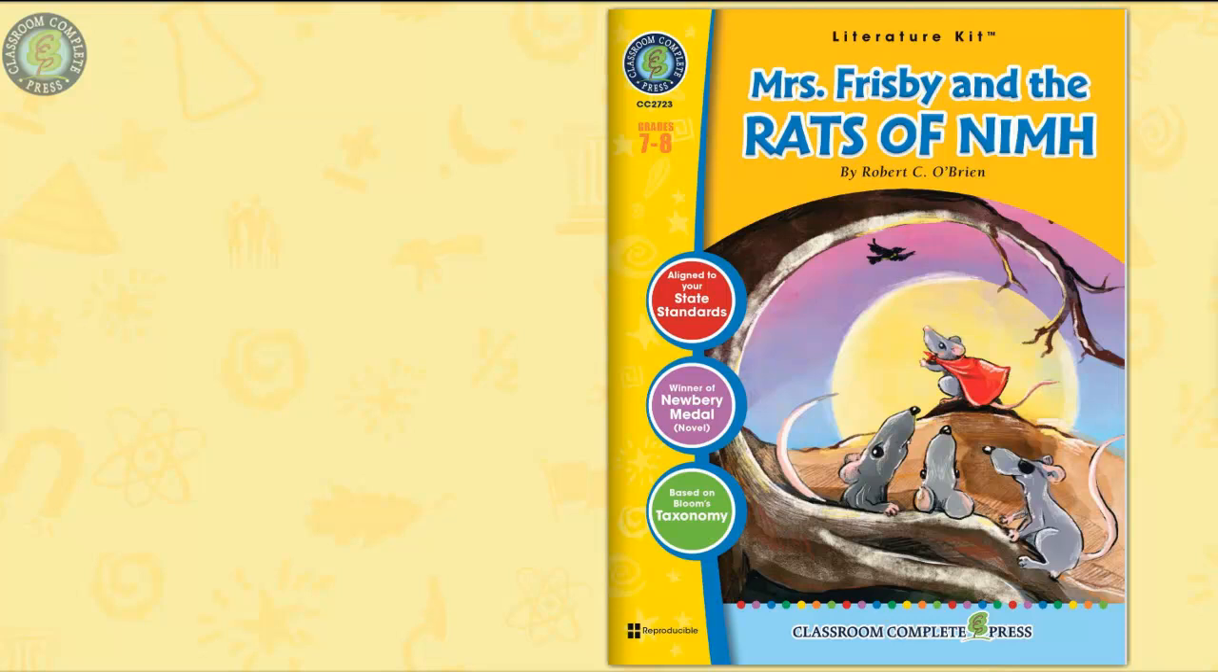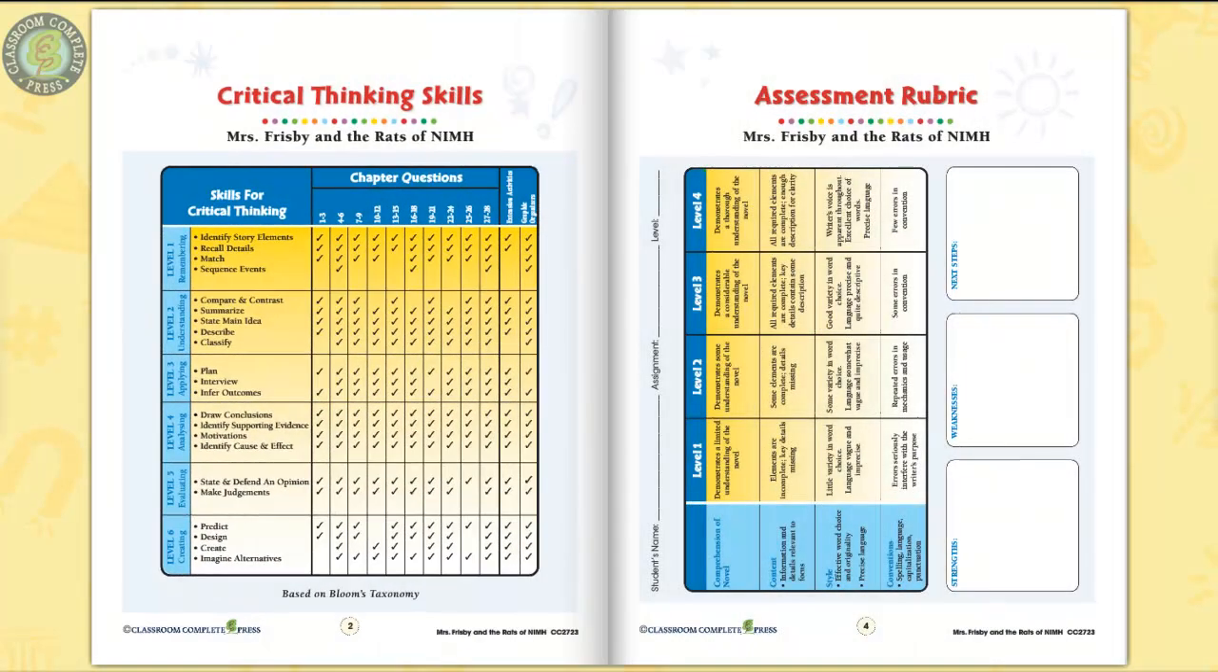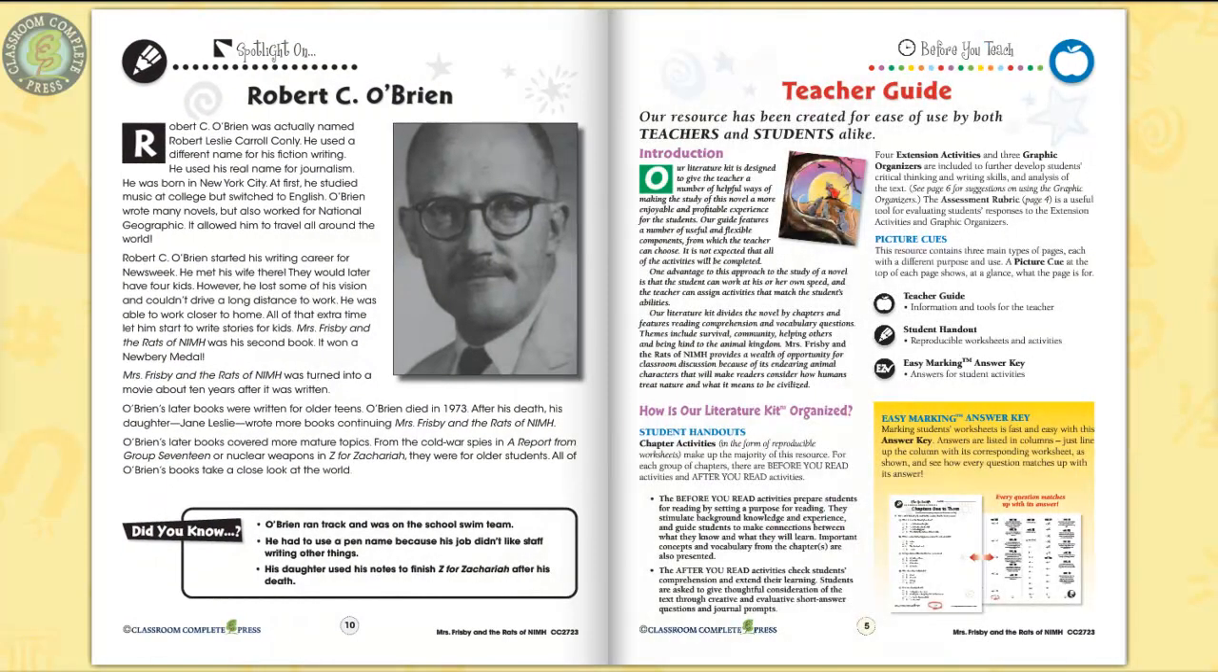This literature kit on Mrs. Frisby and the Rats of NIMH by Robert C. O'Brien includes activities that are clearly aligned with the text and designed to deepen understanding of characters, themes, symbols, and plot development. 55 pages chock full of a variety of scaffolding strategies incorporated in our Before You Read worksheets for each chapter section, along with vocabulary prompts to prepare your students for the reading, with rubrics, teacher guide, and author